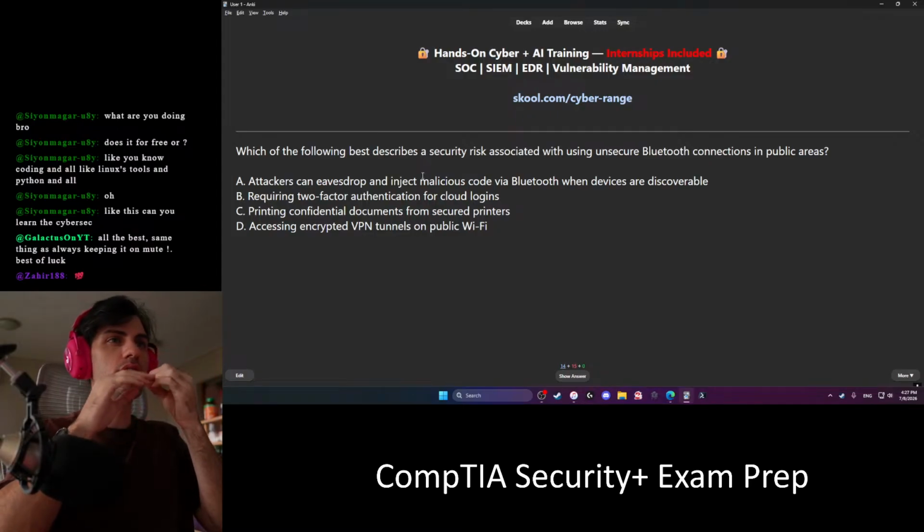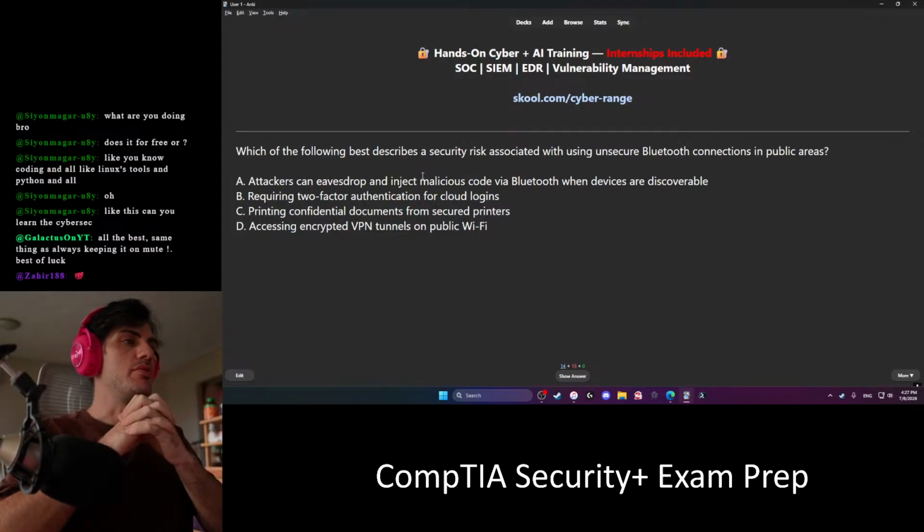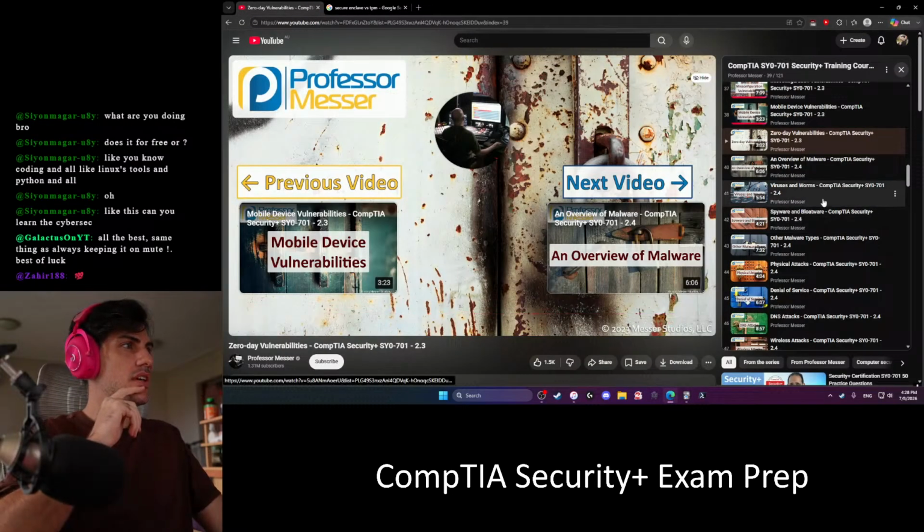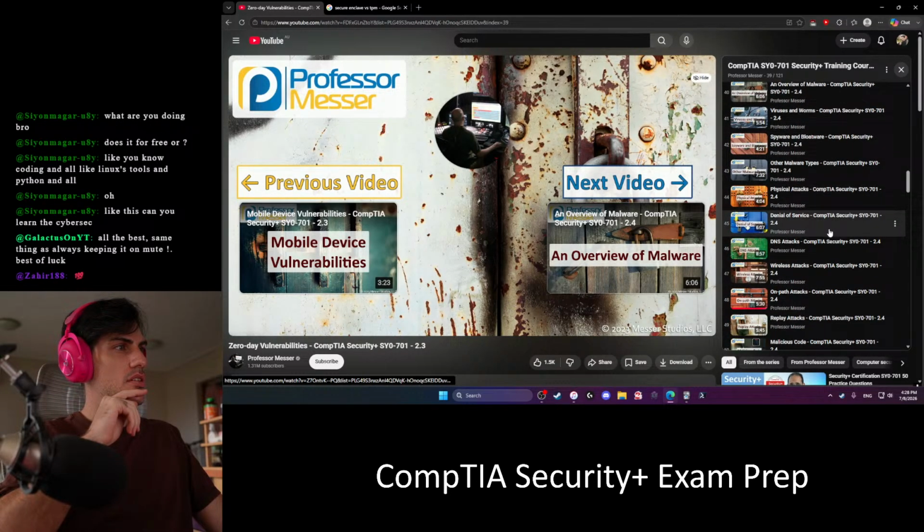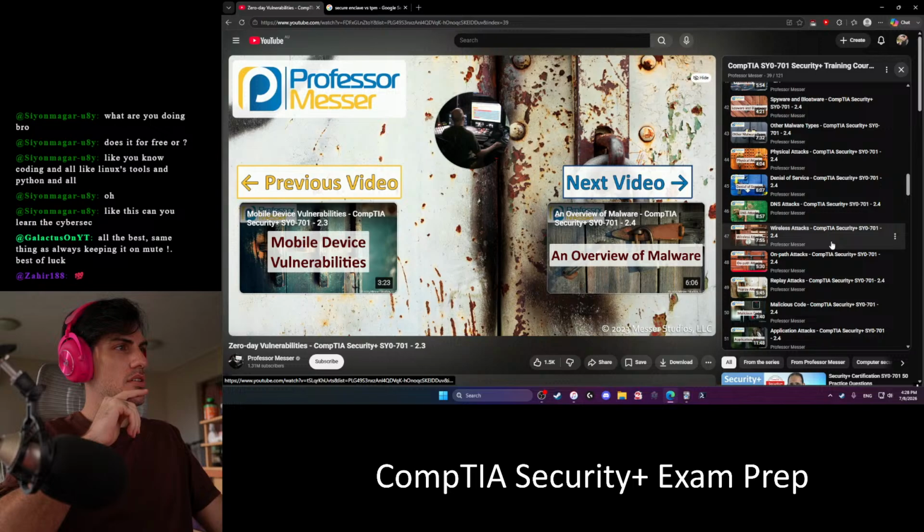Unsecure Bluetooth. Check malicious code via Bluetooth when devices are discoverable. This might be a new thing to me. I maybe haven't gone through this yet. It might be a malware. Yeah, wireless attacks, look.